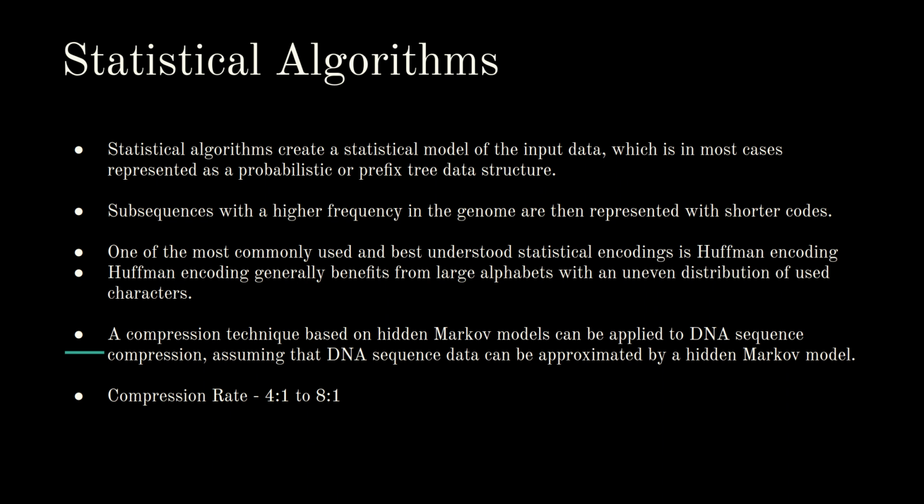One of the best examples for statistical algorithms is Huffman encoding. Huffman encoding is generally used when we have large alphabet sizes and the distribution of the alphabet used is very uneven. So as you can see, this would not work very well for our use case, where we have just 4 different bases and they are distributed evenly. So it won't really help us to use Huffman encoding